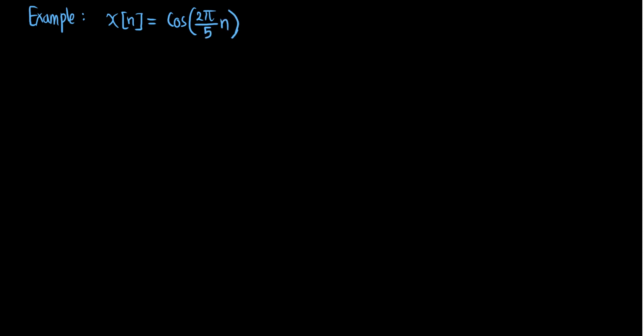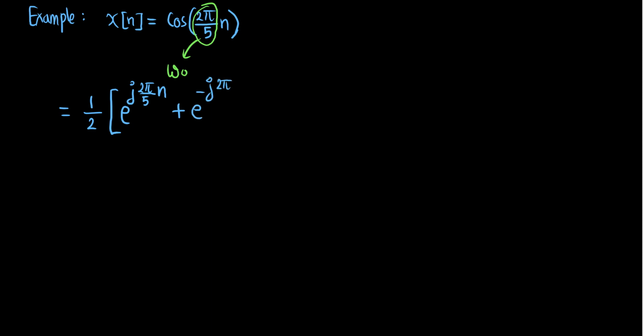Now this is a periodic signal and we can calculate its Fourier series coefficients easily. So this omega naught here is 2 pi by 5. This equation can be written, from Euler's equation, as half of e power j 2 pi by 5 n plus e power minus j 2 pi by 5 n,